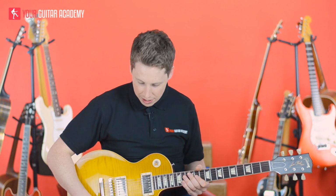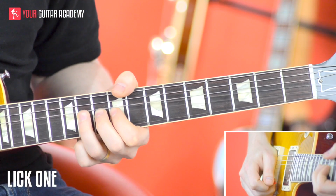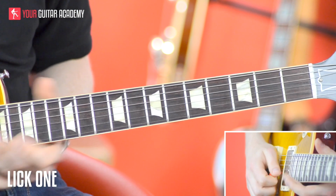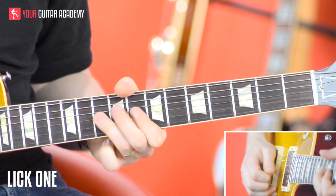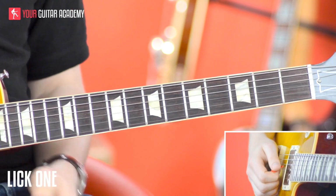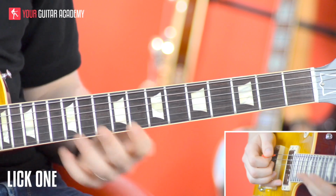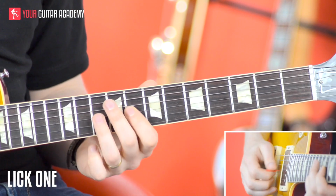Now, the very first lick sounds like this. And then, okay? So let's just take you through that. First of all, let's put ourselves in key. We're in the key of C minor. So we're here, pentatonic shape 1,